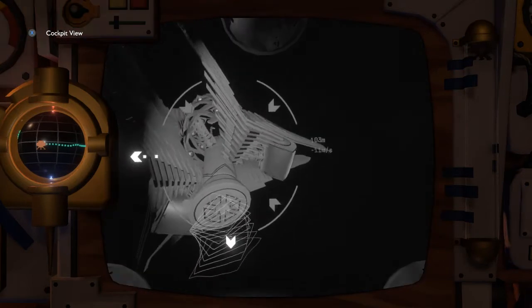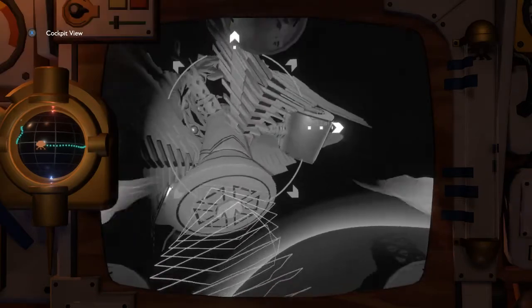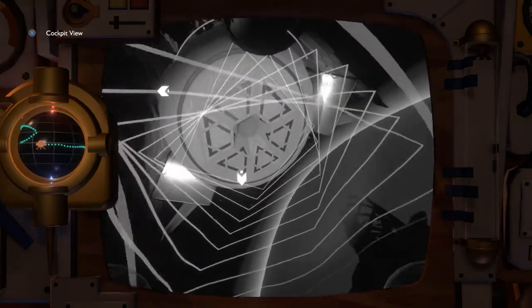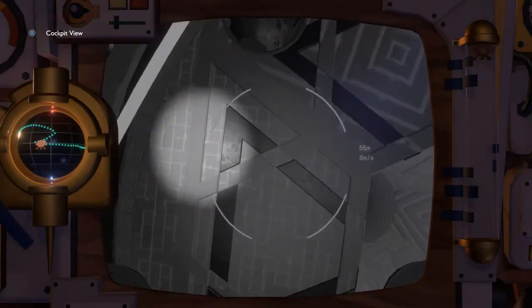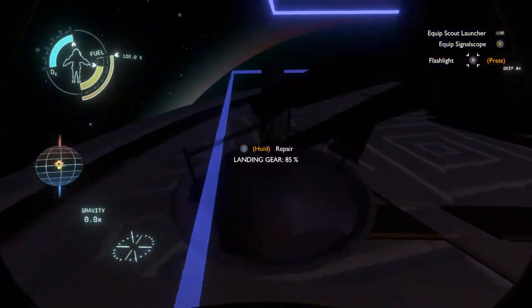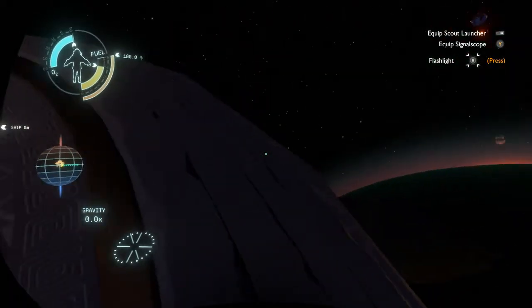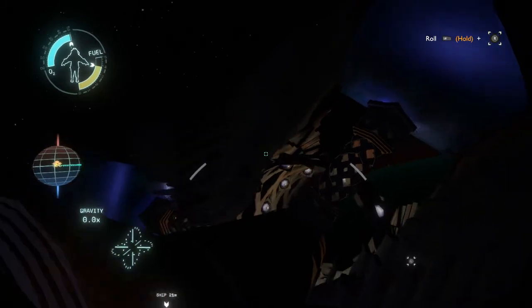Right there, come on. Towards it. Right there. Okay. I'm trying to not quite line myself up. Oh, my landing gear was in fact damaged. I just didn't notice because I was in the other mode. Okay, here we go. Repair that. Now, I'm here. Let's try and find... Okay, that's not what I meant to do exactly, but...